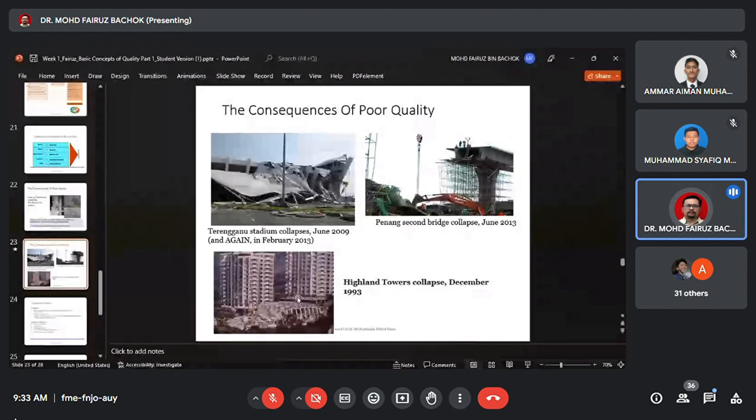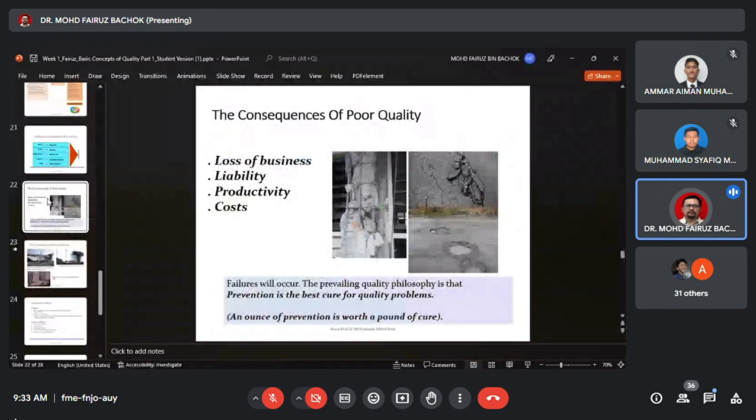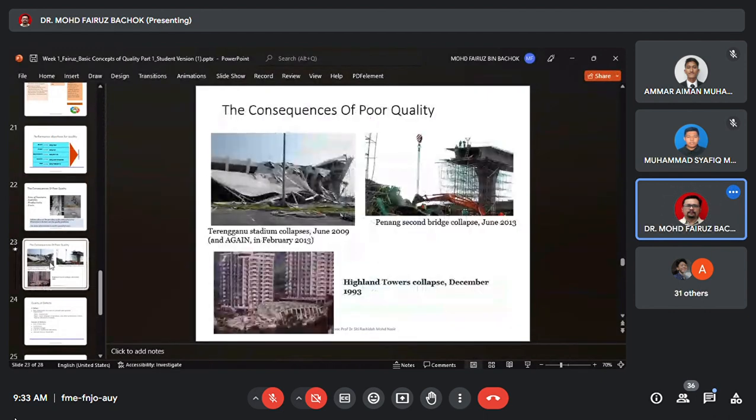Okay, the concept of operation applies not only to your company as the company responsible to construct the building or the infrastructure, but it can also give extra consequences not only to the customer but also to the public and to the environment. So you need, in the first place, to prevent constructing poor quality construction. That's why we learn this course.